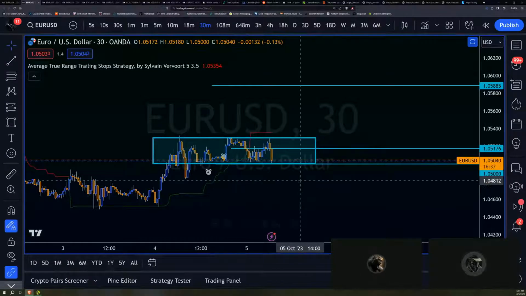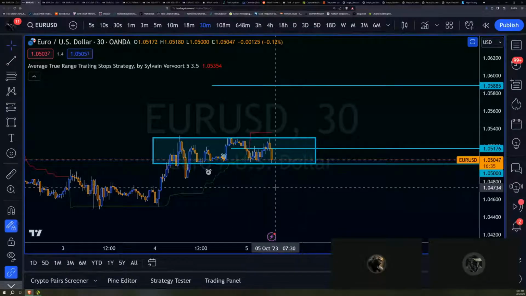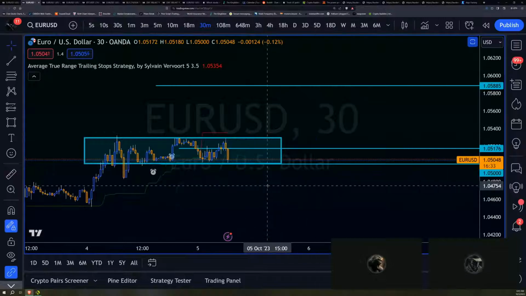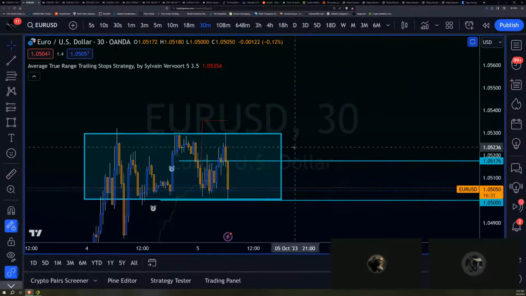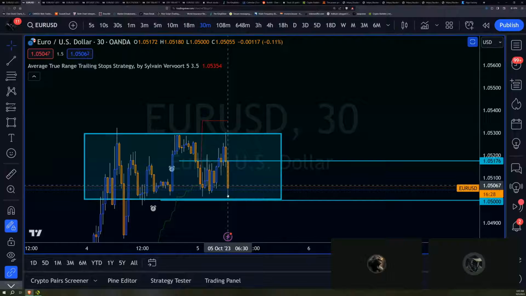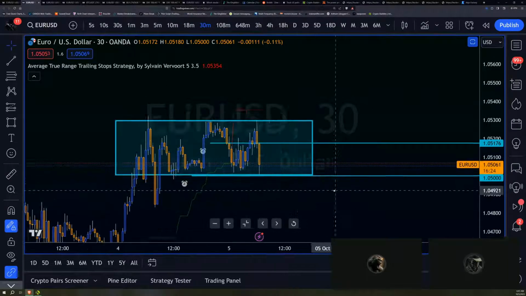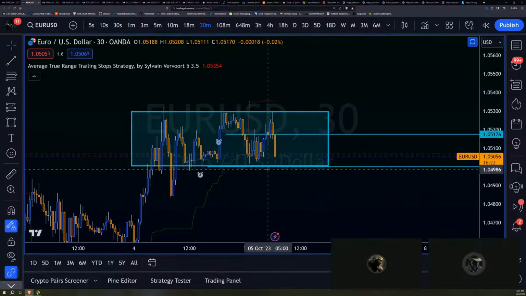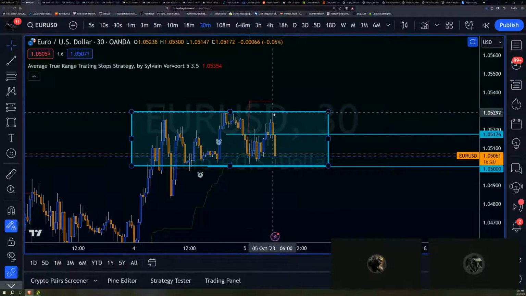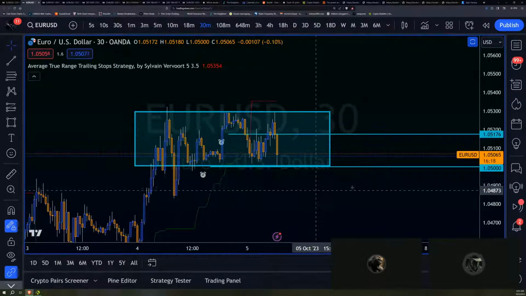This does happen in trading. It's a good thing that I kept the risk pretty small. And of course, it dipped all the way down to the stop and now is reacting very strongly at that. Clearly, this was a stop run. Price was brought down to where everybody's stops were, including mine. So that's just the name of the game. You lose some, you win some. You make sure your wins are bigger than your losses.